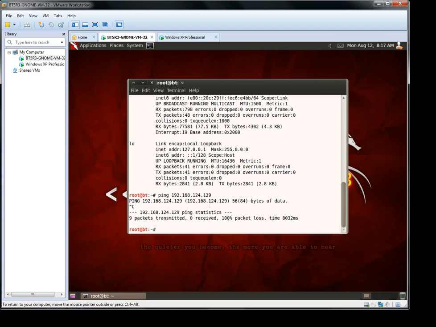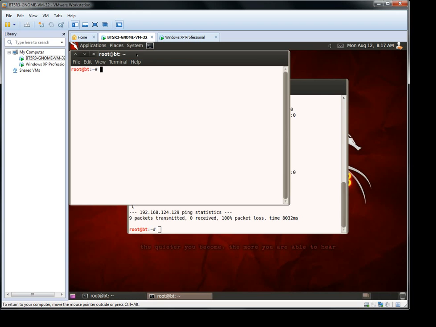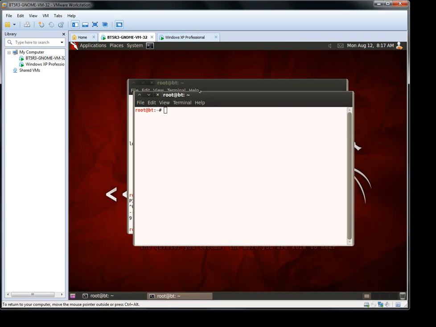For this I will show you a tool which is Nmap. Nmap is a tool which is used for port scanning, or you can say it is used for information gathering.